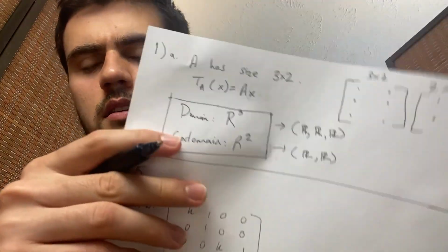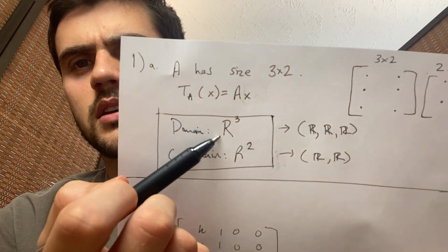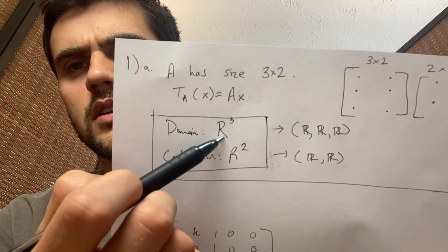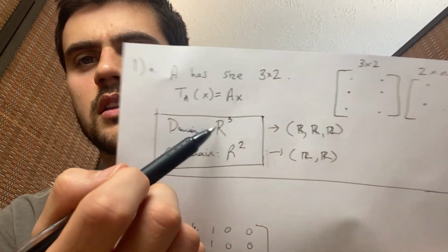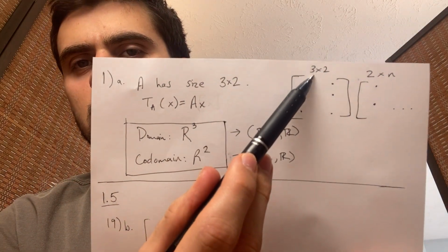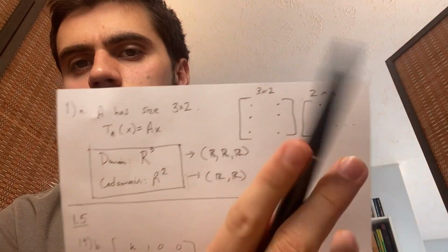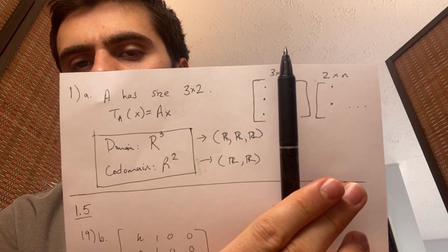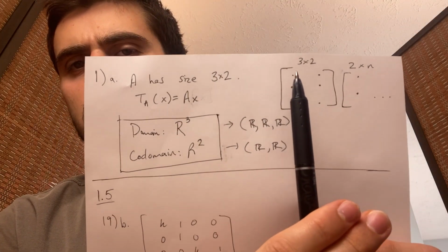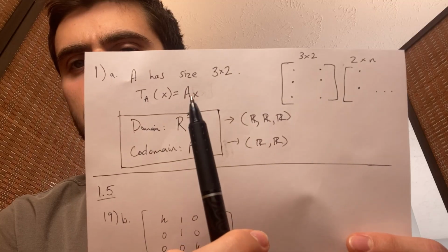The way I got this, I think, is the domain's going to be, I don't know if this is the domain, but I think it's going to be in R3 because this is a 3x2 matrix. So the vector matrix has 3 height, and then if you multiply it by,